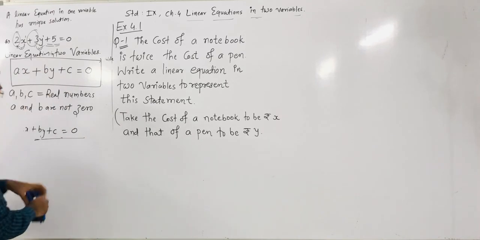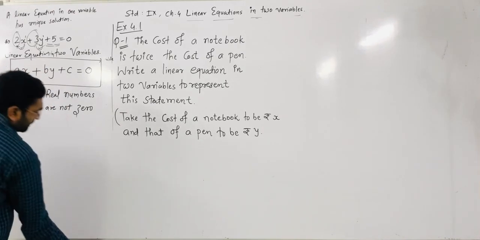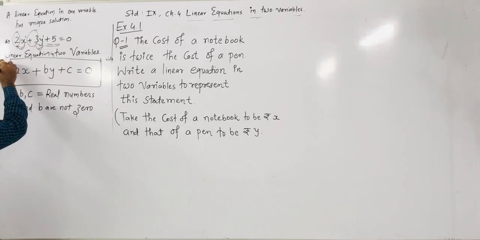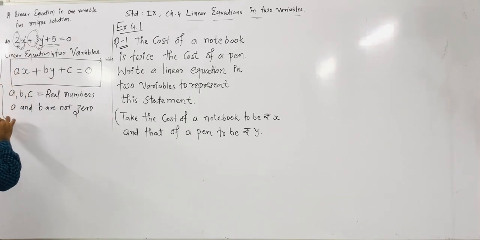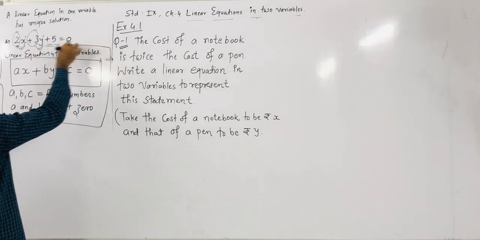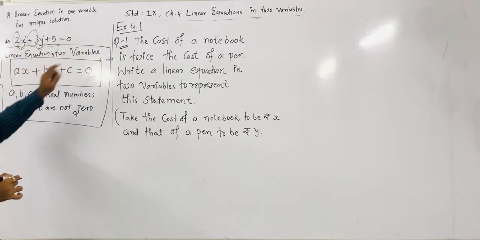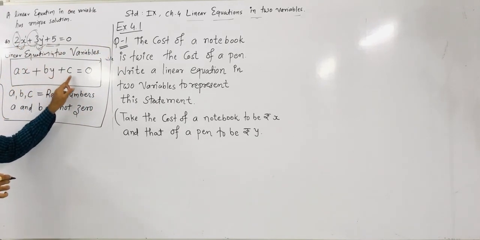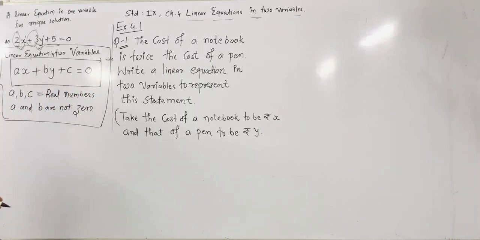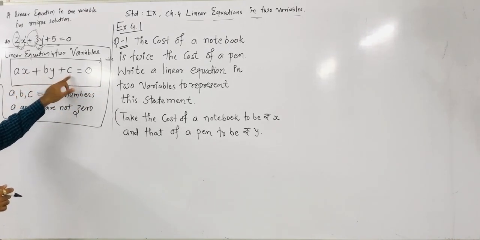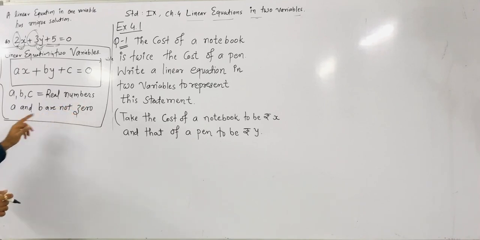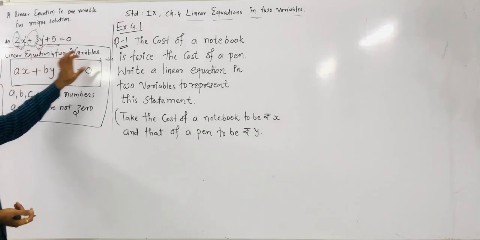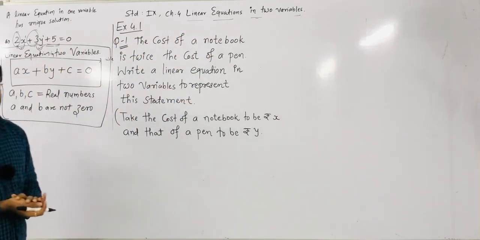as a 0. Okay. So remember that thing, you have to write in your notebook, linear equations in two variables. Okay, linear equation in two variables, general form is what? Ax plus by plus c is equal to 0, where a, b and c are real numbers and a and b are not 0. Okay, so I hope all of you are clear with that, linear equations in two variables.